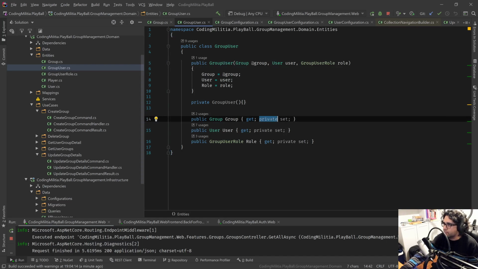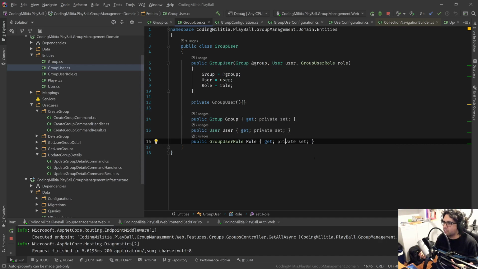So, yeah, we have these private setters just because of EF. There's a bit of a balance here. If it wasn't for EF, we wouldn't need the private setter. We would just do this because it would always be set in the constructor. But because of EF, we need to have this here. So even though the domain should not know those kinds of things, there's a compromise if we want to use